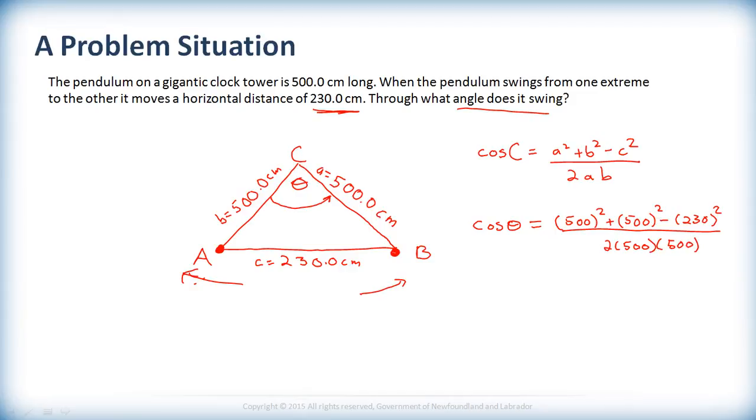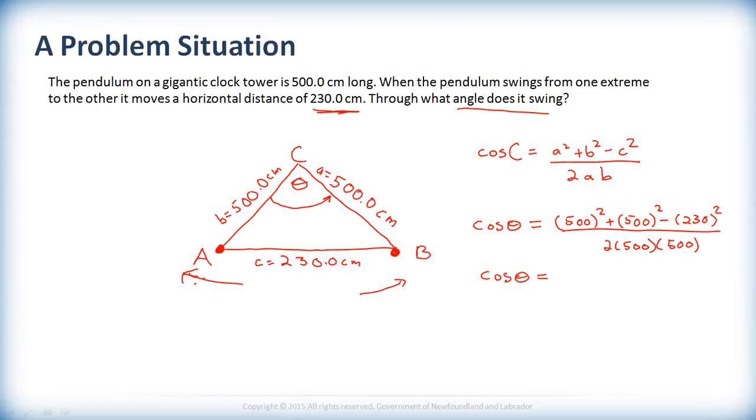Okay, so then we're going to tabulate what cosine theta is going to be equal to. Let's just get the numerator done. In the numerator, I've got to square 500, which is a lot, and then add another 500 squared, which is another lot, and then subtract 230 squared, which is a lot. And we end up with